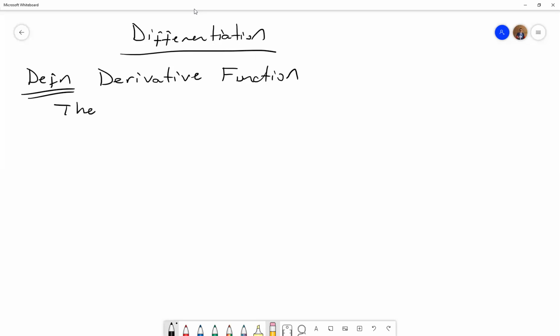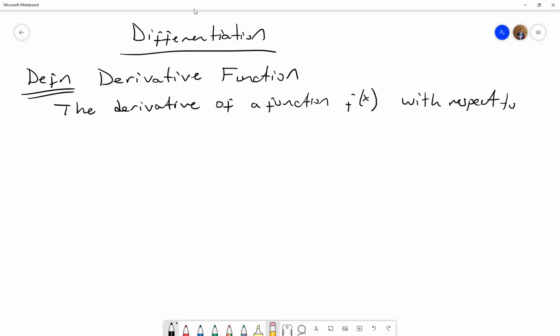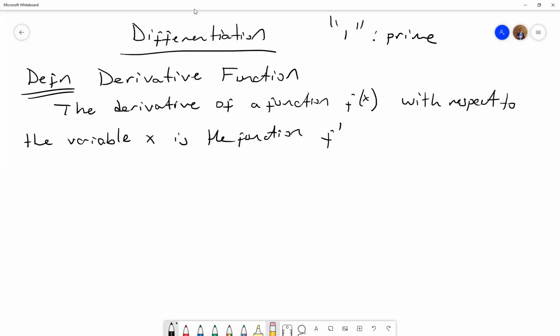The derivative of a function f(x) with respect to the variable x is the function f prime. We use this, and we can read this one as f prime, whose value